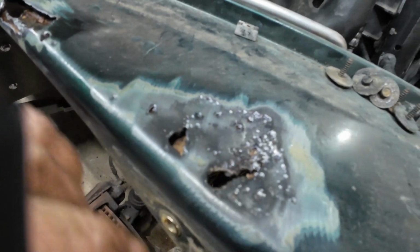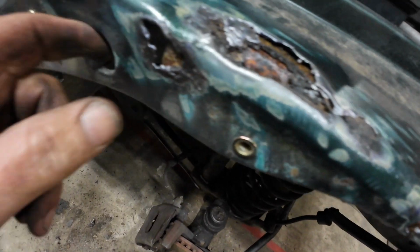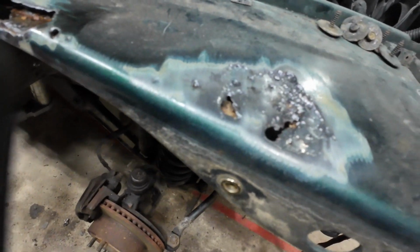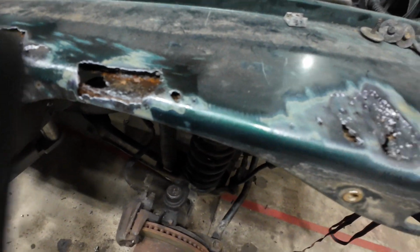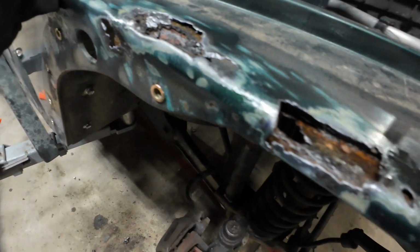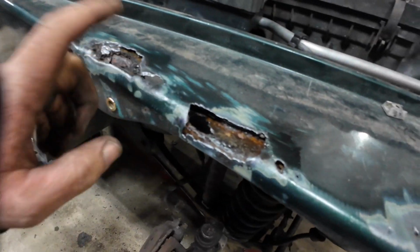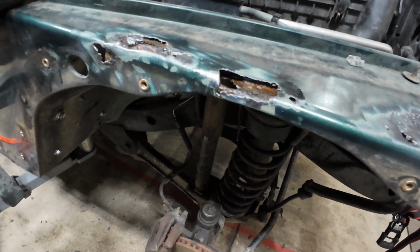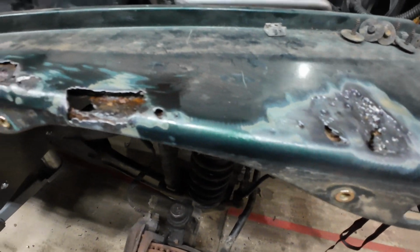So this is pretty awful. And honestly, I should just cut it out of there. But it's bad enough, and these fenders you can find cheap enough that it isn't worth that kind of effort. So I'm just going to short strand it. Like I said, I've already hit it with some rust converter treatment. And we're just going to short strand it, knock her down flat, sand her up,